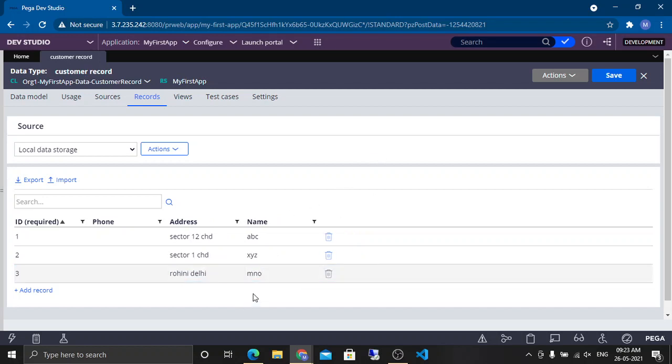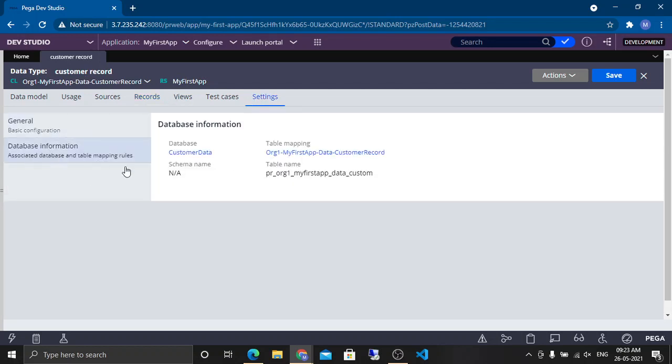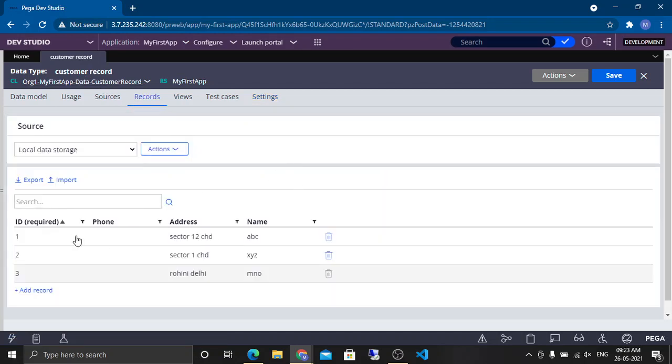So now you see we have one table. So how can we check the database information? This is the table, right? This class is mapped to this table. So we have a table and we have 3 rows in that table. Correct. Now you see the phone number is empty currently. So suppose for some reason some data is empty, or maybe a phone number could be there.